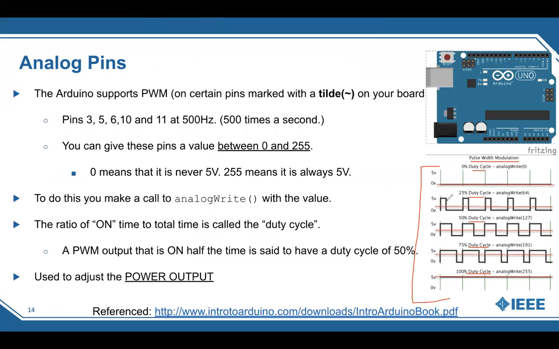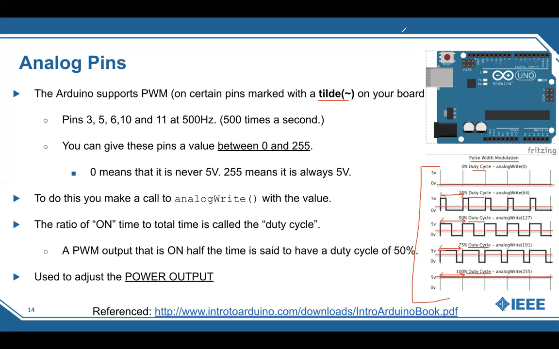25% means the voltage supplied is 25% of the entire cycle, so this is the cycle here. And then 50% means the voltage is supplied for half this cycle. 75% means the voltage is supplied for 75% of the cycle. And 100% means that the voltage is supplied for 100% of that cycle. And so the pulse width modulating is noted by the tilde. And you guys can see right here, we have a tilde with pin 3, pin 5, pin 6, pin 9,